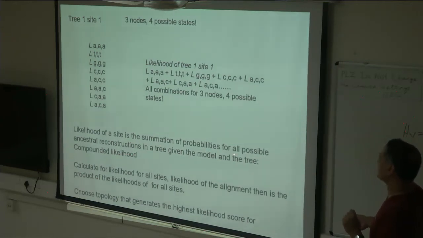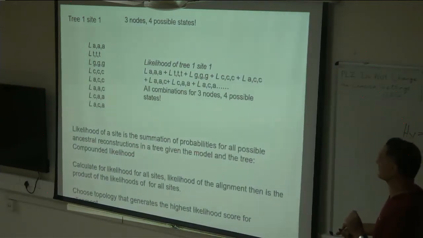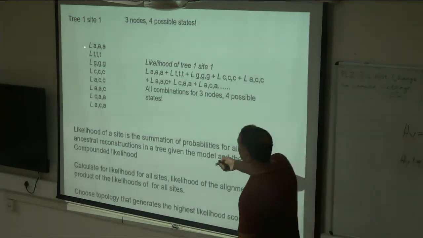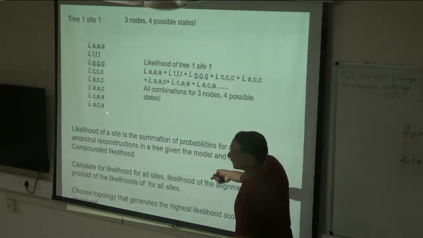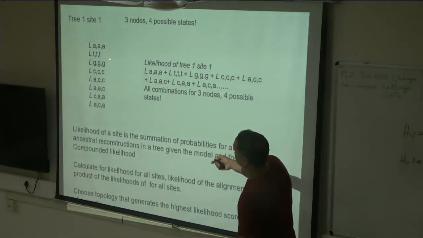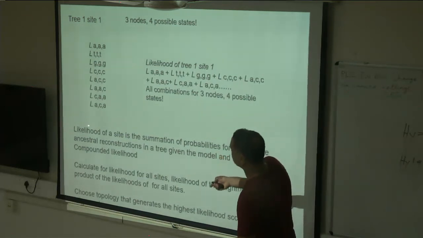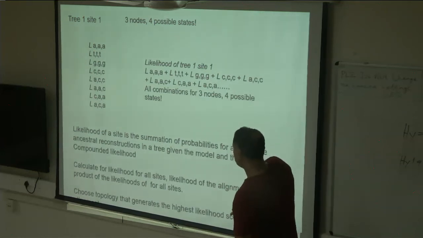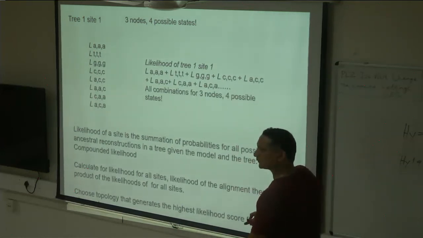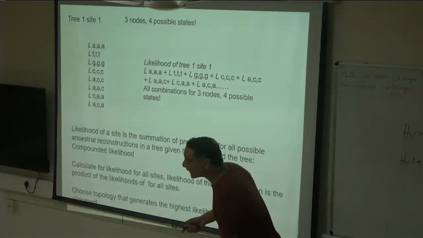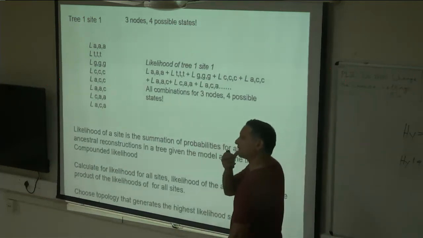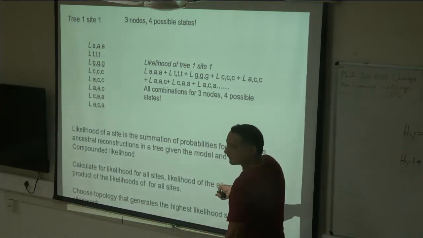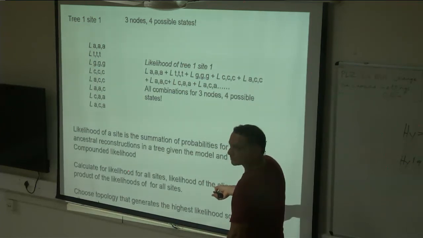No, it's a summation of probabilities of all possible ancestral reconstructions. Okay, so it is something called compounded likelihood, right? So these are all the possible ones. I mean, there are more possibilities, and for each of them you get a probability and a likelihood, and you sum them up, right? Considering the order also. I think they're considering the order also in it, that's why. Order in the sense, A after A, C. Here it would matter, right? Because we could also have consistent states. Yeah, that's why we are adding up.